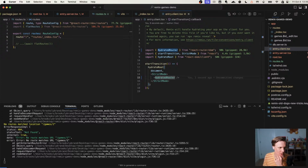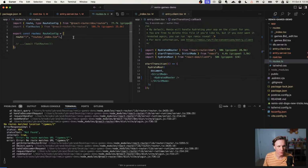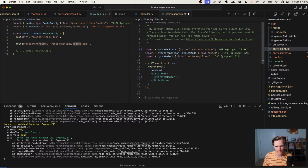How should I declare resource routes in React Router 7 routes config, just with route? Yeah, it'd be the same thing. So you're gonna do route, yeah, you just do actions, whatever you want to call this thing, slash create. Yeah, and you do something like this. It's the same thing. And so then if I create this file, it's just going to have, this is a